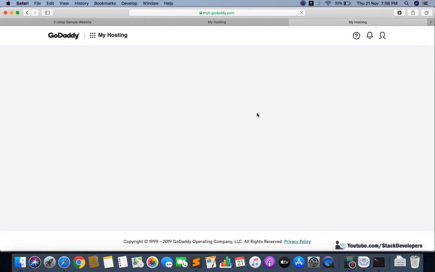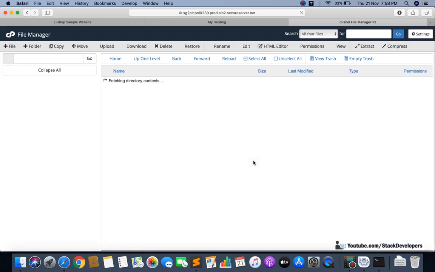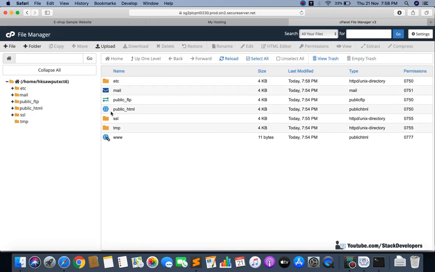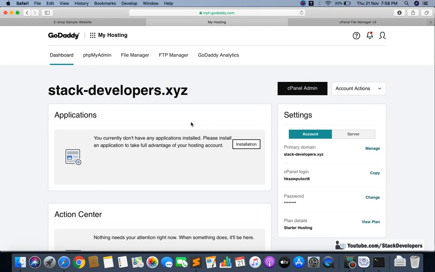So file manager is really good because it will upload our files in a few minutes, but FTP can take some time. I am going to upload in public_html. This is the folder, and before doing anything we need to make sure the PHP version